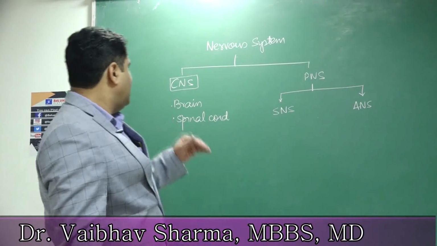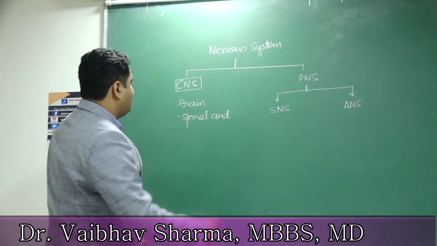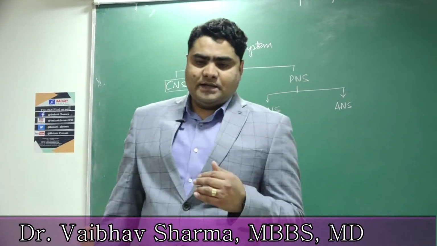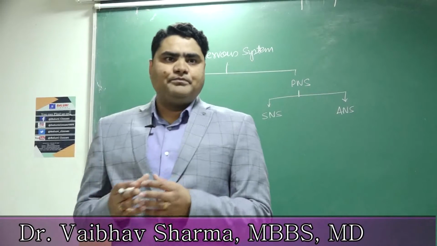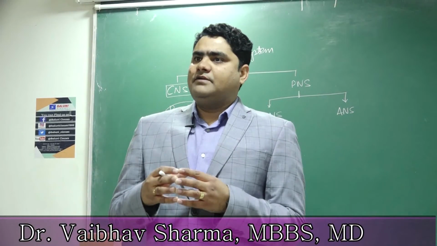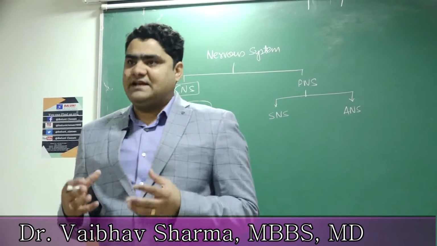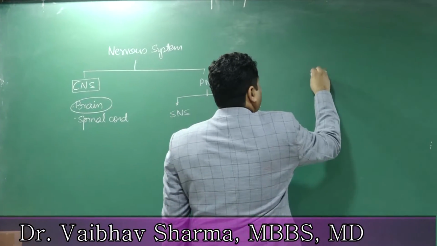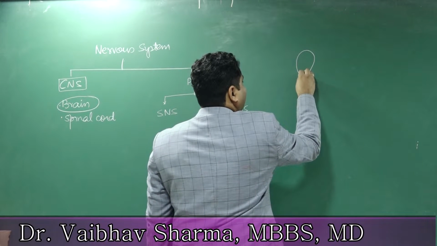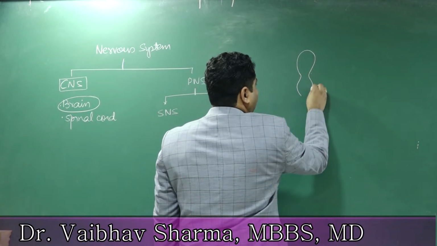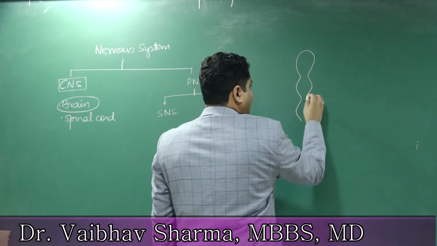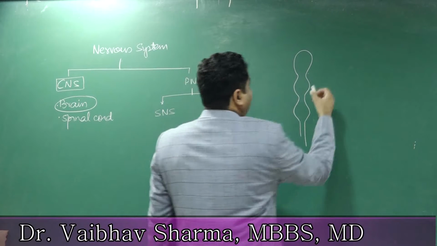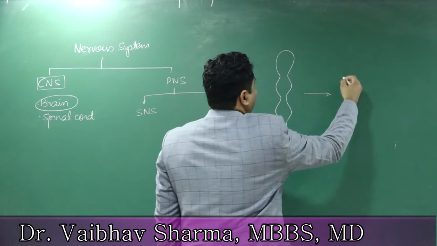Now, when we talk about brain, starting from the development of brain, it develops through three vesicles. There are three vesicles initially. One is called as prosencephalon, other is called as mesencephalon, and the last one is called as rhombencephalon. Then these vesicles further develop into